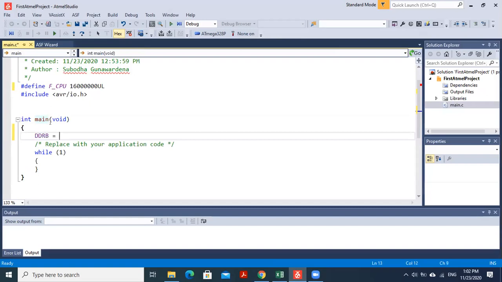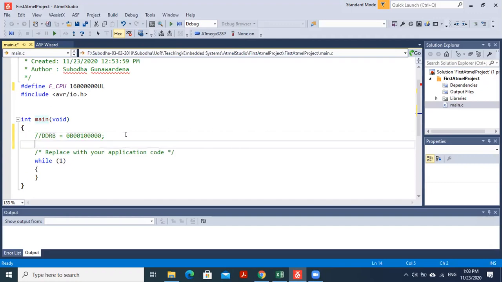So I can say 0B, output corresponds to 1, right? So 0, 0, 1, 0, 0, 0, 0, 0. If I set it like this, the 0th bit is input, first bit is input, second bit is input, third bit is input, fourth bit is input, fifth bit is 1 meaning output, sixth bit is input, seventh bit is input, right? We can do it like this if we want. You can assign a value as 0B if it is a binary value in this particular IDE, or else if I want to do the same thing, DDRB